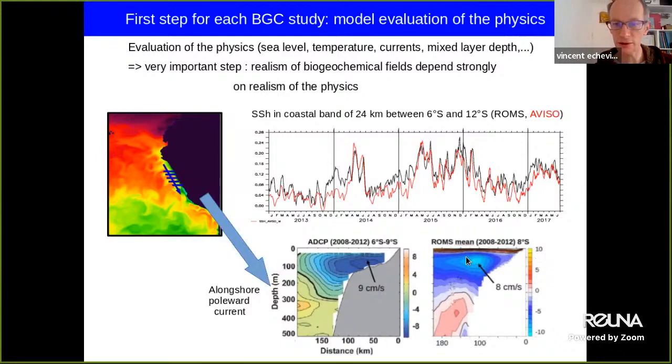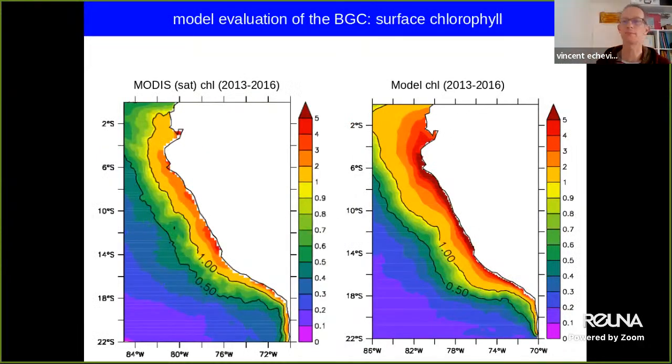You can already note some differences with the topography. The topography is not the same as in the observations, and this is due to the fact that there is a necessary smoothing of topography when you use sigma coordinate models. Okay, so now when you have evaluated your physics and you are satisfied enough, you can begin to evaluate the